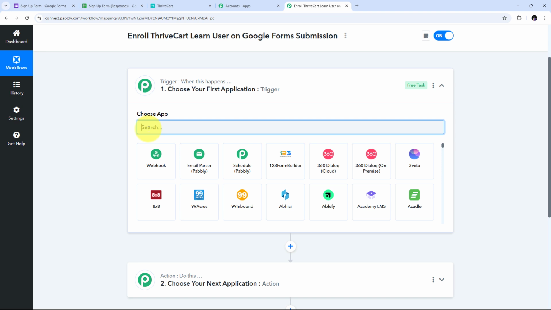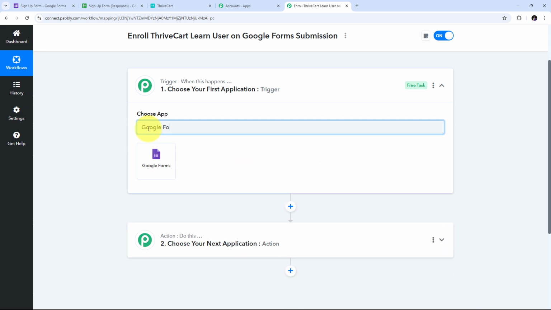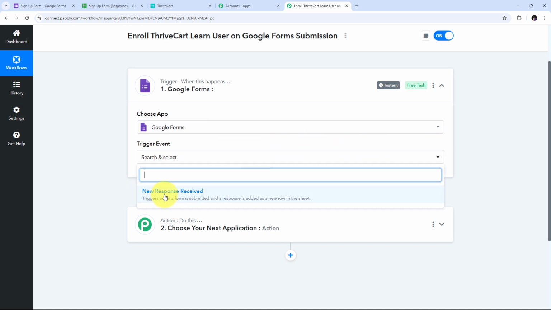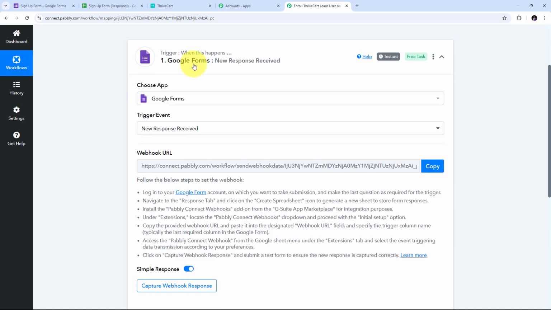So here in my trigger application I'm going to use Google Forms, so I'm going to search for that, and now I'm going to select Google Forms here, and here I have to first give my trigger event. So I'm going to open this tab, and new response received is going to be my trigger event, so I'm going to select this. And now I need to connect Google Forms with Pabbly Connect in my workflow,